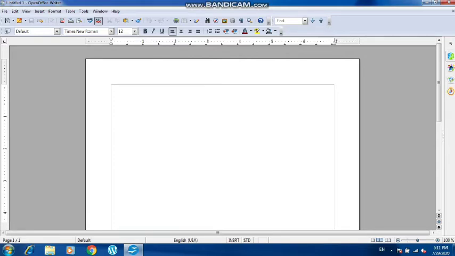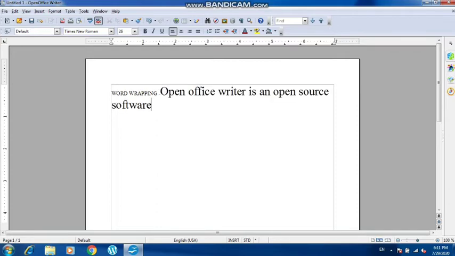And now we are going to continue the topics which were left in chapter 7, which was OpenOffice Writer. So today I am going to tell you about the word wrap feature of OpenOffice Writer or MS Word, you can say. Word wrap is a feature which helps the text automatically move to the next line. Whenever a particular line of text doesn't fit, the feature moves the text to the next line automatically. That is called word wrap.